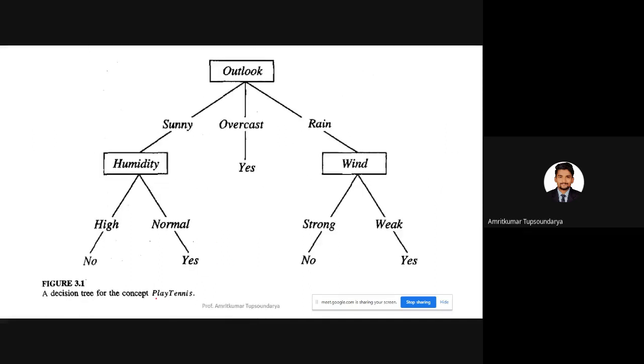So, just to give you a brief understanding of it, let's say this is a decision tree for the concept of playing tennis. Let's say the target concept to learn is to identify whether we are able to play tennis under a few constraints, under a few conditions, right? For the time being, forget about what these entities and nodes are defining, or what these attributes are, or how this classification is done. For the time being, just understand that this is a decision tree and how it may look. We will have an in-depth understanding of how this decision tree has been formed.